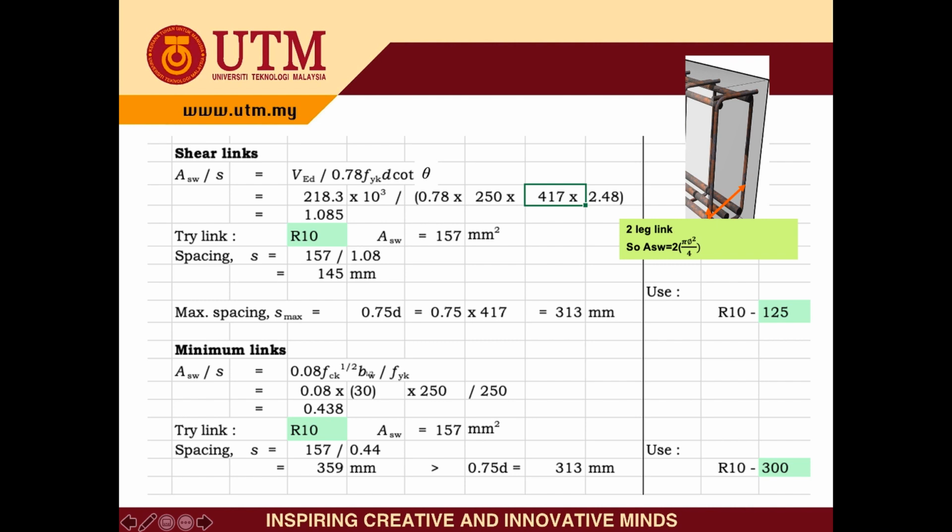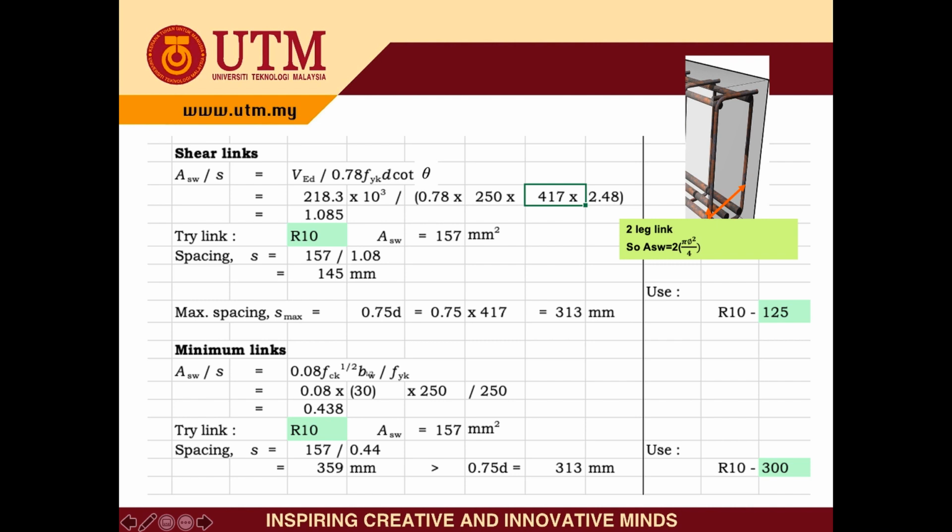And then the next step is that we just try link R8. You can use other diameters. Usually the diameter of the link is 6, 8, 10, and 12. So let's say we want to try R8. It's up to you. So here we try R8 with ASW equal to